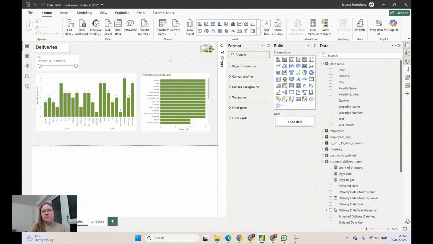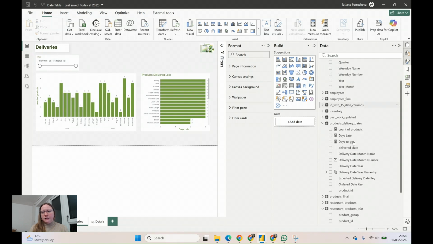So this is my walkthrough of how you can create your own date table and all the bits and pieces that are sometimes harder to go through, even though it's still useful and really important to have your date table separate and to avoid auto date time. And so sometimes it takes a while to set up, especially if you have several dates in your